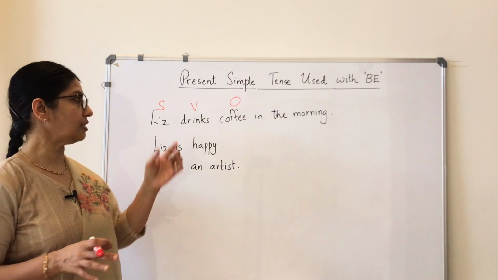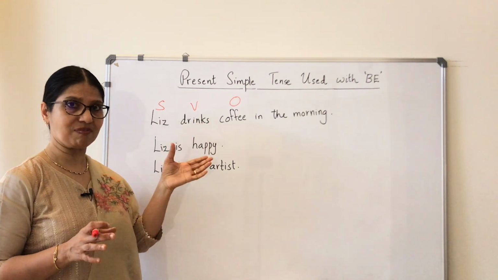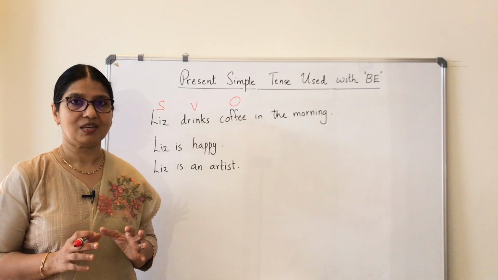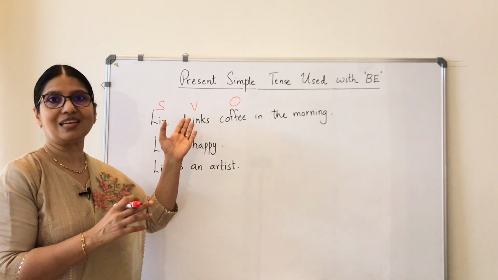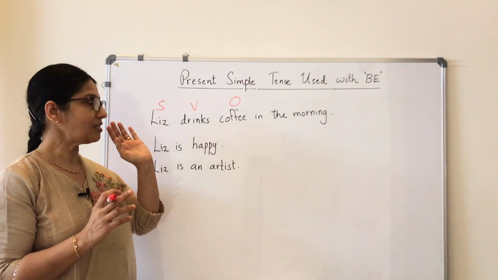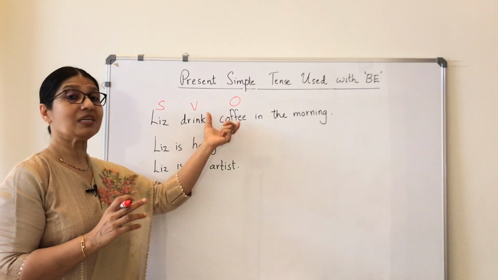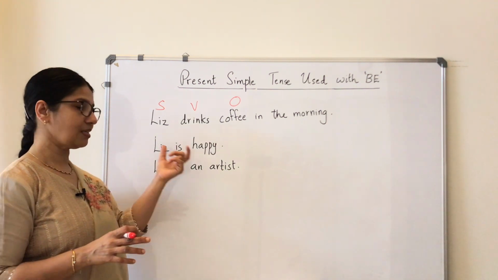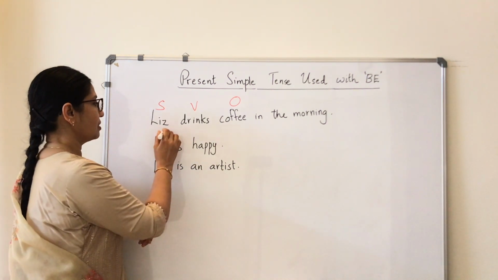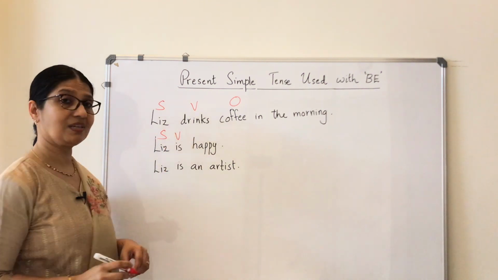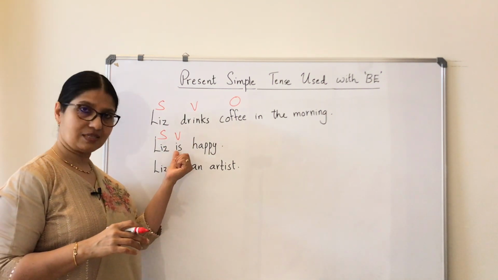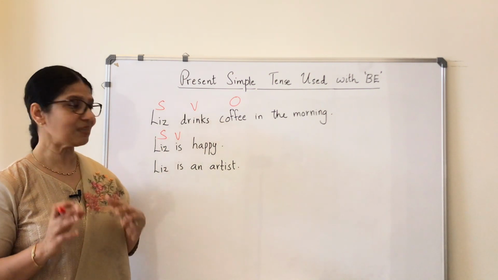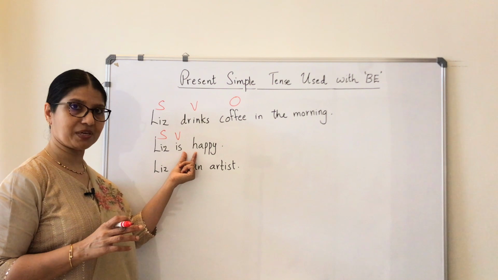So please note that in this sentence we have drink, which is a main verb. And what kind of a verb is drink? It's an action verb, because here there is a kind of physical action taking place. So please note that an action verb takes an object. Now moving on to the second sentence, Liz is happy. Here again, Liz is the subject and is the verb. A question, is is the main verb or a helping verb? Indeed, it's a main verb because we don't find any other verb here.